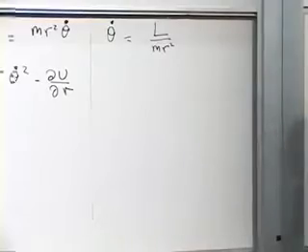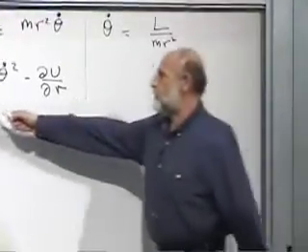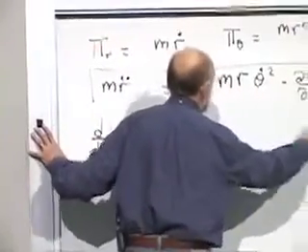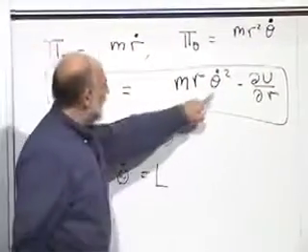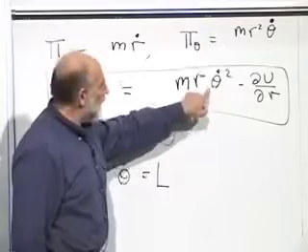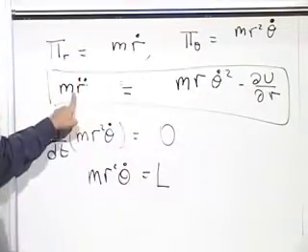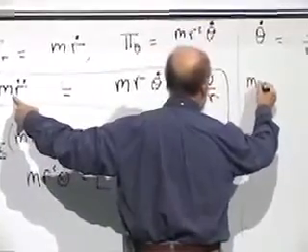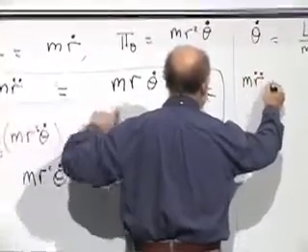Well, that's interesting. Now we can come back to the equation for r. Now that we know something about theta dot, let's plug it into the equation for r. And what do we get? We get an equation for r, which is m r double dot is equal